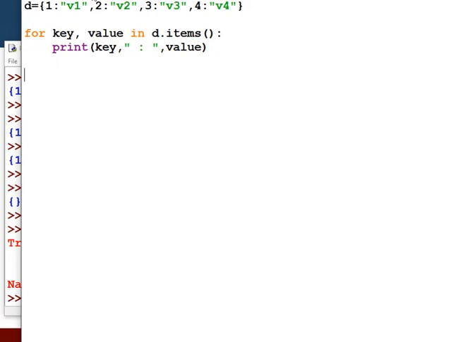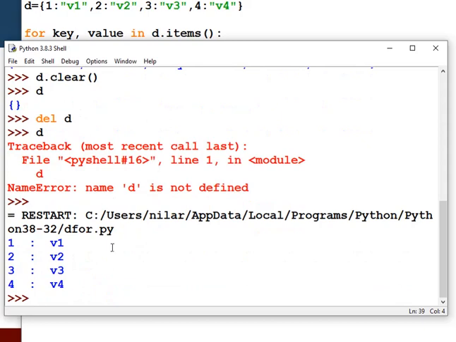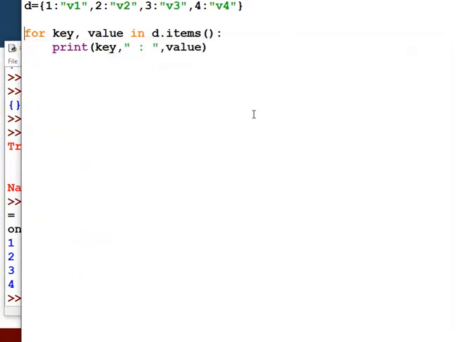Okay, now run this program. So we have found it. What is the value of our key? Yes, this is 1, v1, 2, v2, it has already displayed. In this way we can visit the items of the dictionary using a for loop. Now just see what will happen if you use only the key item. You can simply display the key.